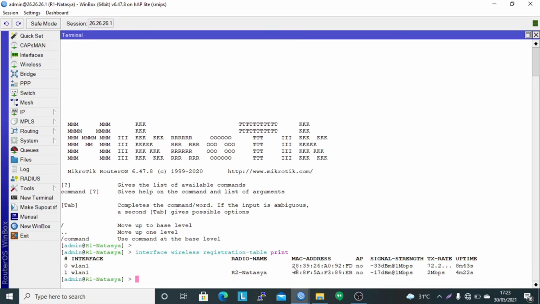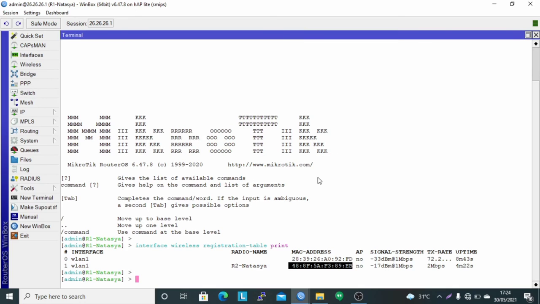After that, register the MAC address of router 2 into the access list. To configure the access list for the router MAC address, use the command interface wireless access list at interface WLAN 1 MAC address, add the MAC address from router 2, copy and paste.